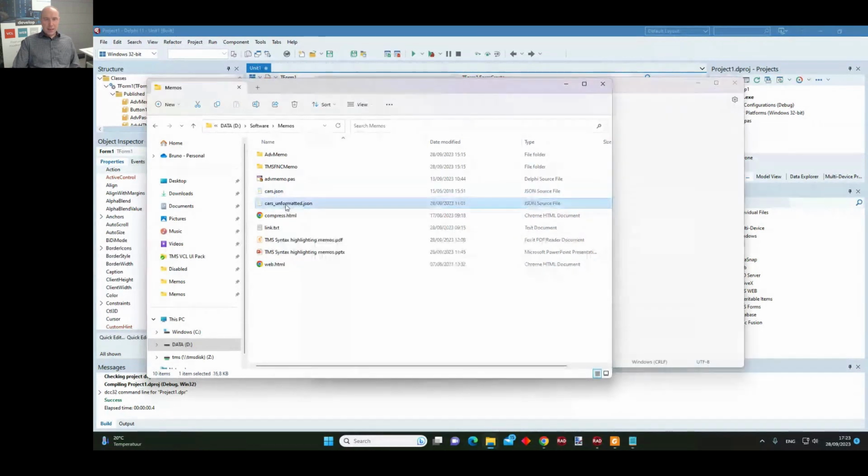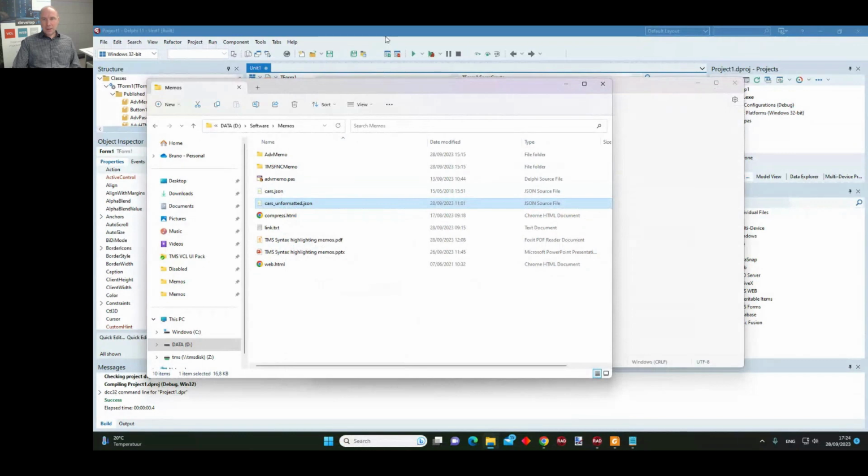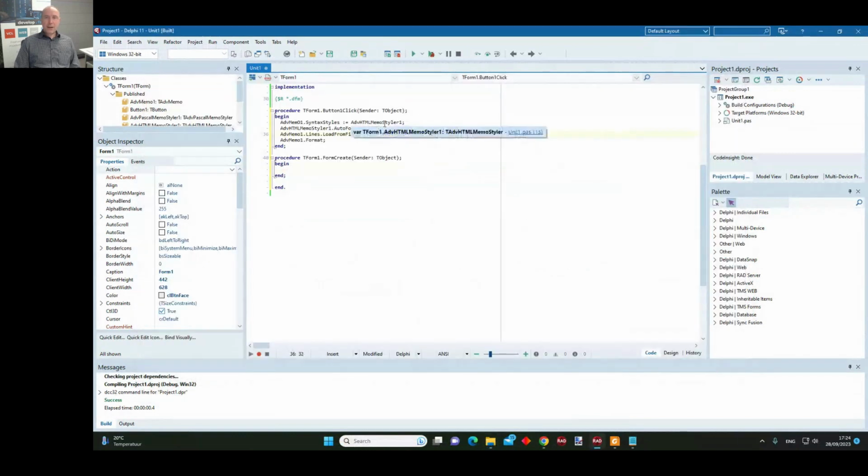So let's see what the memo can do with an unformatted JSON file. So I replace it here. And of course, I need to use the JSON memo styler and set the JSON memo styler auto format to true.